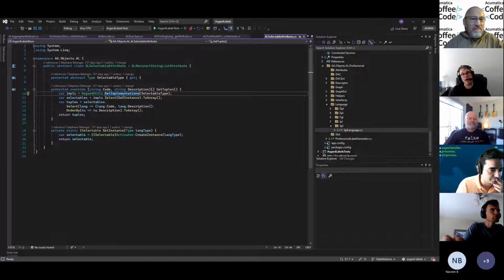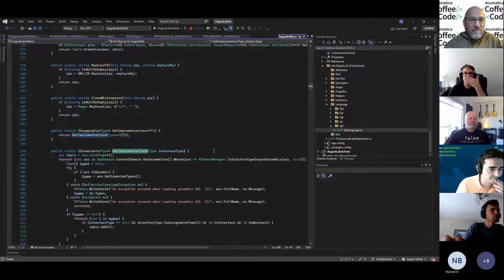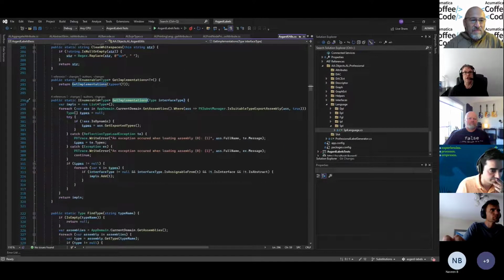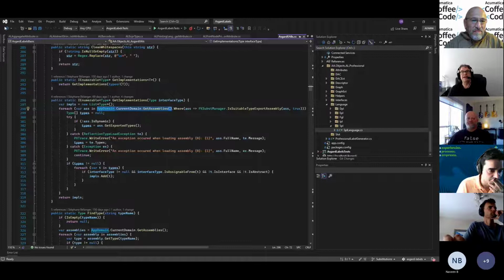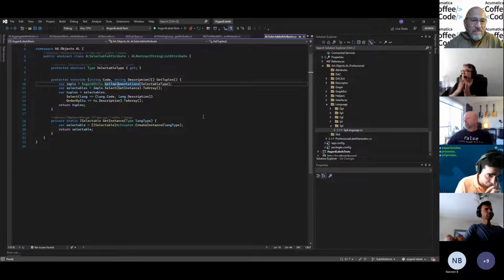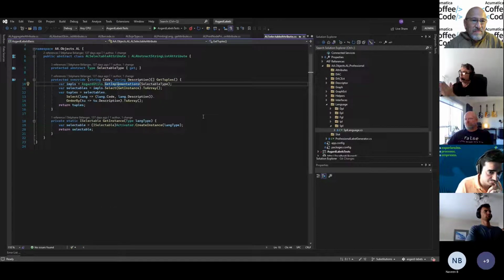And the way I find the implementations, well, of course, it's using reflection, but I'm literally going through all the assemblies. And you might think that will take forever, but it's fairly fast. I mean, the dropdown appears instantly, and it displays all the languages that are available. So there's a bit of code here, but I'm finding all implementations. So when you implement an interface in multiple ways, and you want to show a dropdown of what is available,